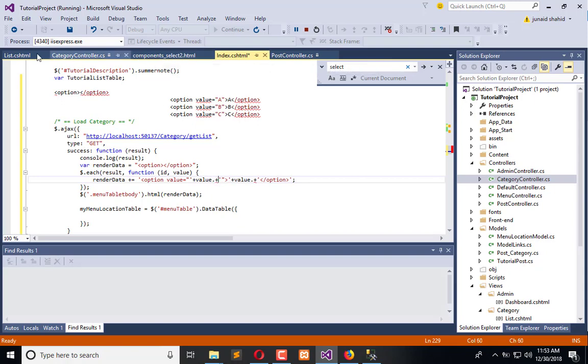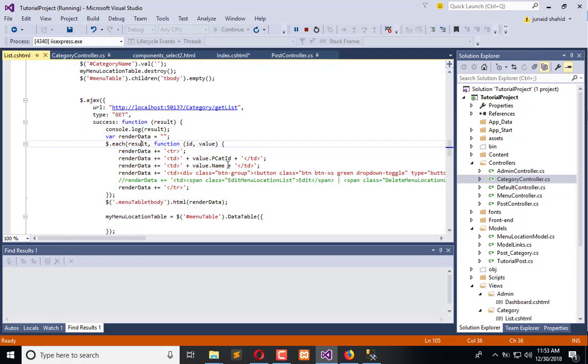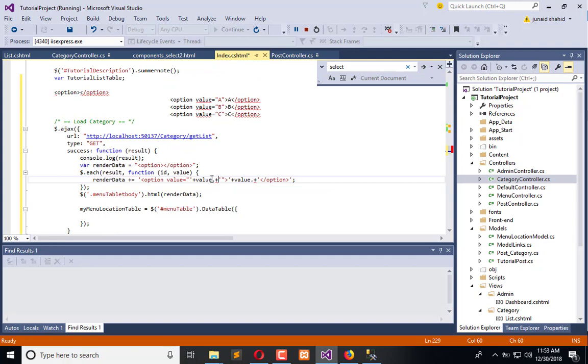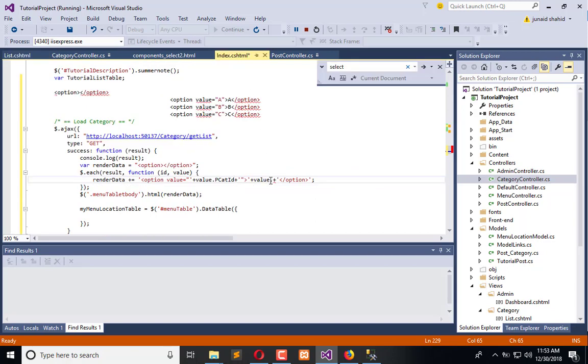Now see what is the value they are using as the ID, that is pcat ID, which we need to use, pcat ID and the name, and that's it. Now after this we need to render that within the select